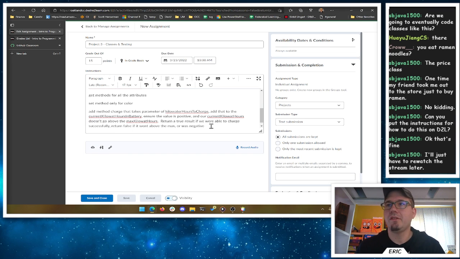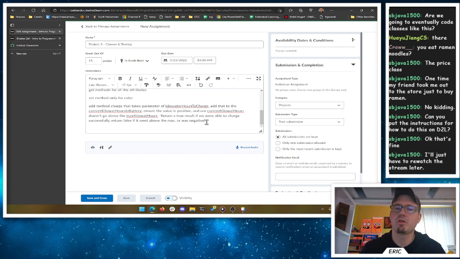Just like when you're pumping gas at a gas station, right? If you try and put 50 gallons in your tank, it will fill, but then all the extra is going to spill out all over the ground, right? Thankfully, our electric vehicles are a little smart, and we're not just going to waste electricity. But we'll stop at the max, and we'll return that false, saying, hey, it went above the max. It didn't actually work. Or if you give it a negative value, it will return false here.